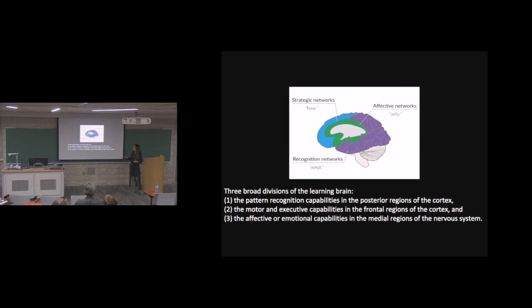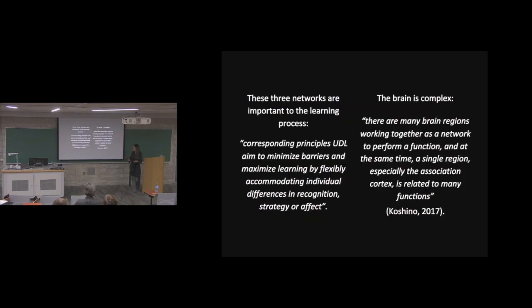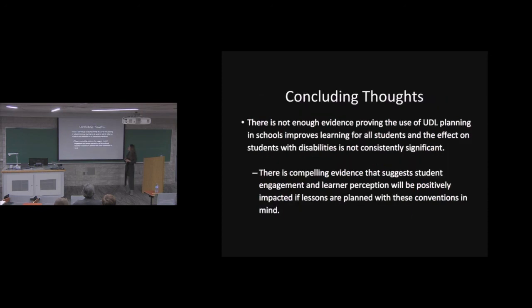However, there's some controversies with this. Proponents of UDL would say that you can maximize learners by supporting the affective, the network, and the strategic domains of learning. However, other individuals will say the brain's complex. Not one individual or individual component of the brain is specifically involved in one task, but rather neurons are working together across tasks. So it's important to know that it's a new field. It's slightly based on neuroscience, but there's much more to learn.